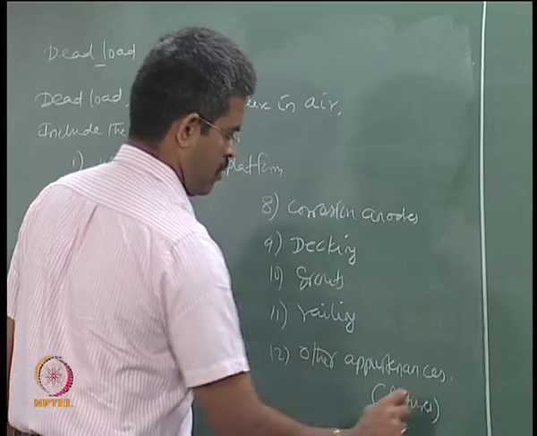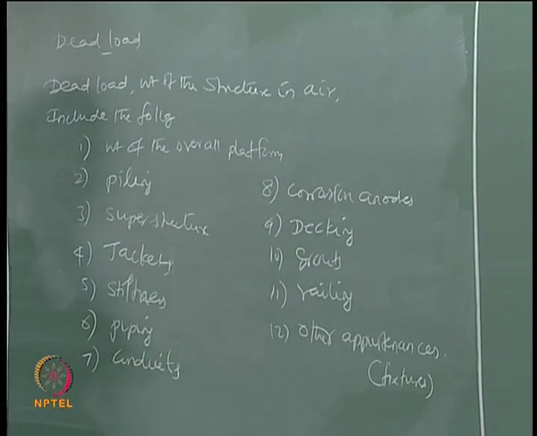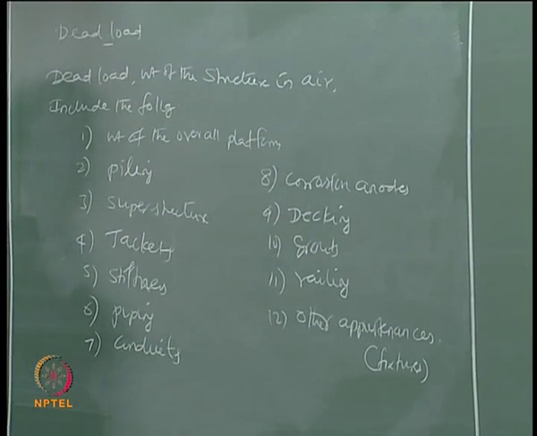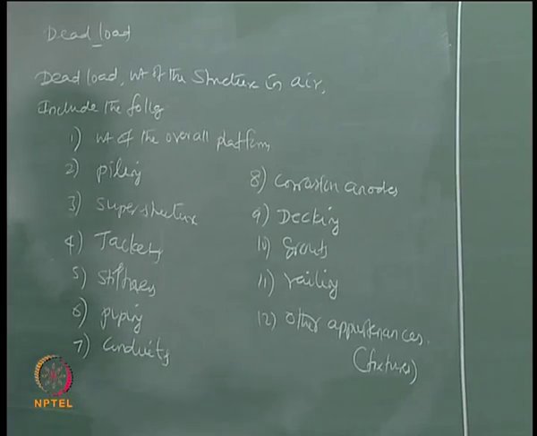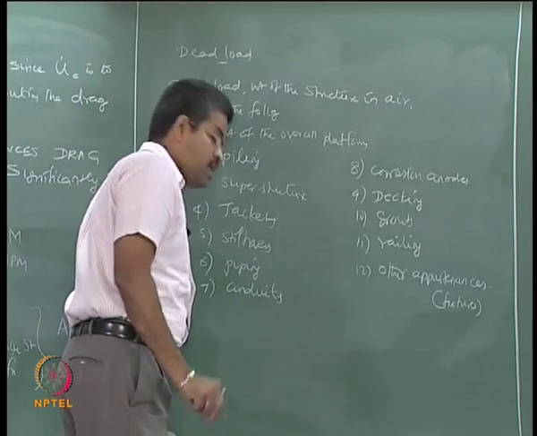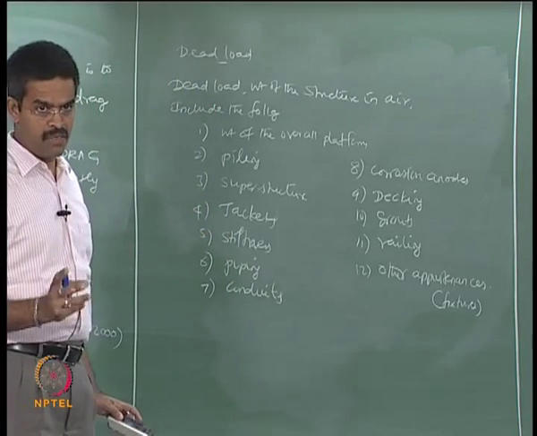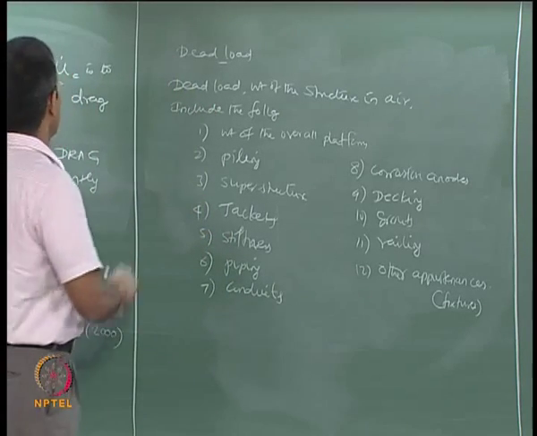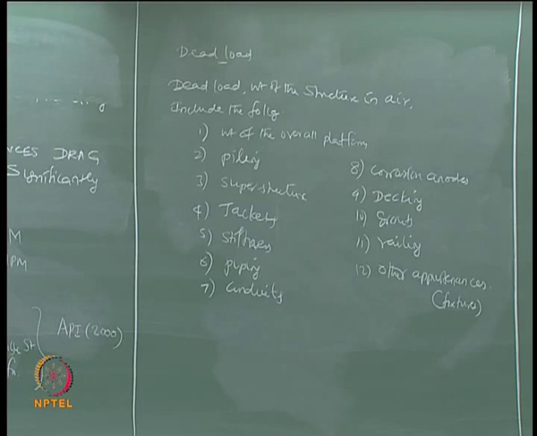Now interestingly, we must understand which are excluded in the dead weight, that is very important. Included is all of this, but there are very classical exclusions from the dead weight which you should not consider as dead weight. What are they? It is very important to understand why they are excluded and where they are included. We must know this.